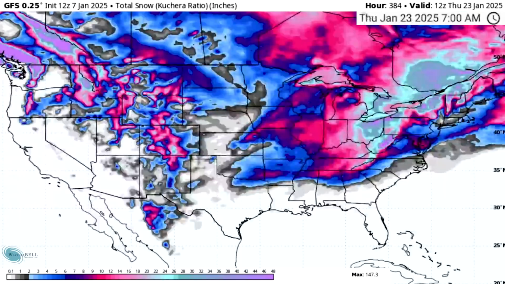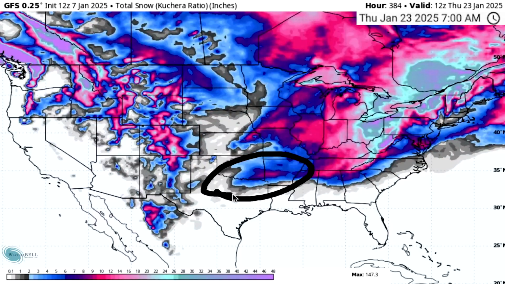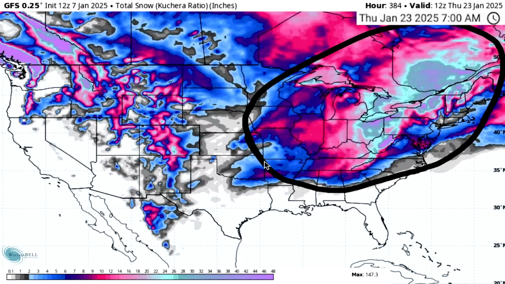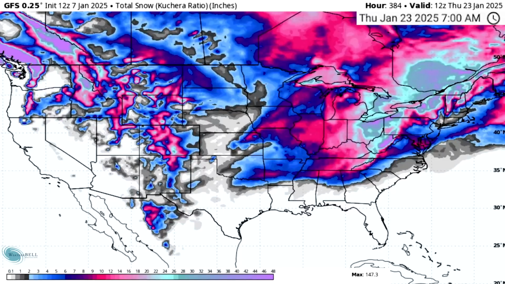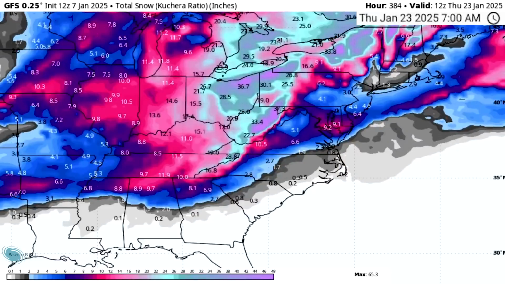When we look at the GFS model, it's a little further north, it's a little higher with the amounts, and a lot less down here for Texas, Oklahoma, and Arkansas, like I said. But these areas end up with quite a bit over the next 15 or so days. As we zoom into the east, again, a little further north with these totals, a lot of these areas end up still getting some snowfall at the tail end of the storm, but you're ending up with a dusting or an inch or so as opposed to multiple inches.